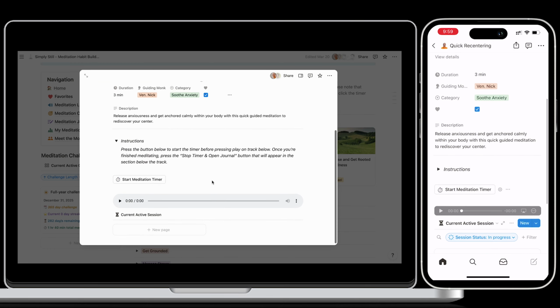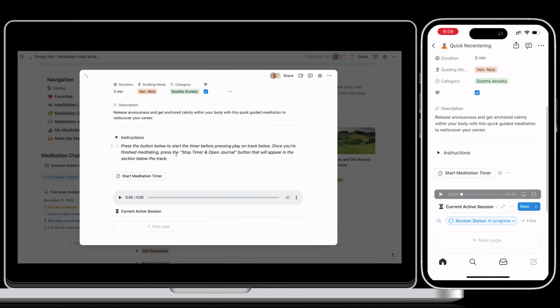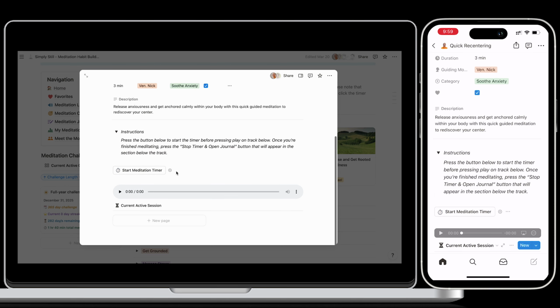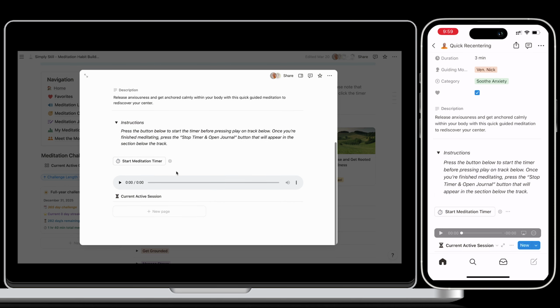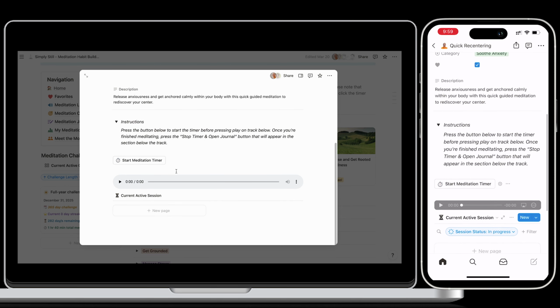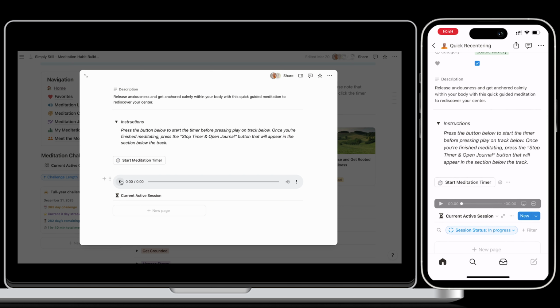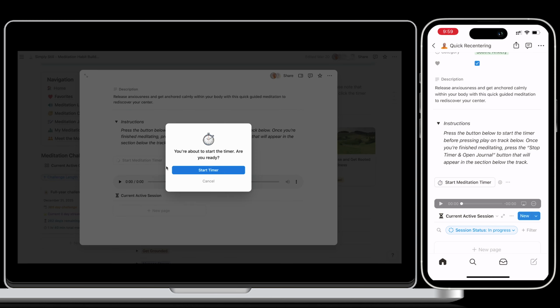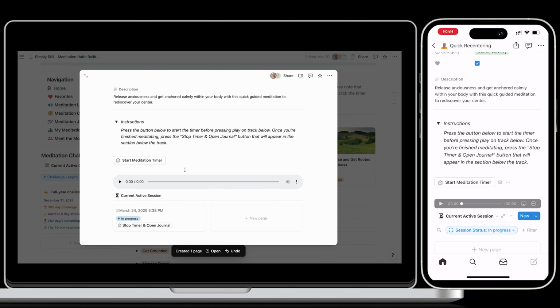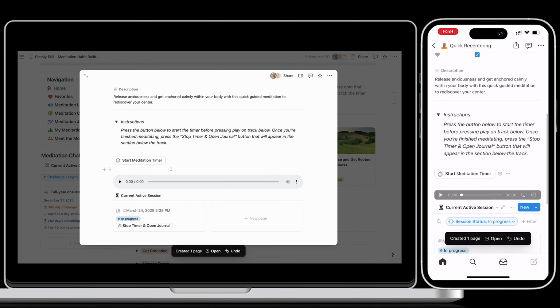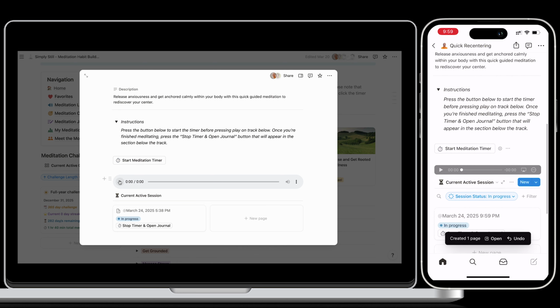So once we scroll down here, you're going to have some instructions about how to use this interface, but I'll go ahead and walk you through it now. So just clicking on this play button is not going to be enough to log the data from your session into your meditation journal. So in order to do that, first we click this start meditation timer. Once you start the timer, it has officially started to log your session, and then you can press play on